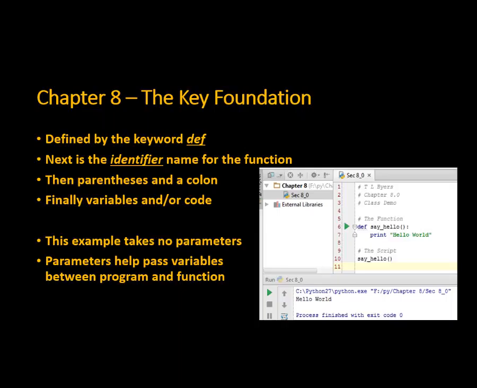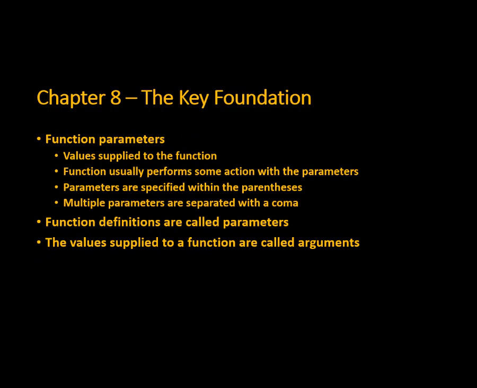So when we want to pass information back and forth, we'll actually assign variables between those parentheses. Let's see, function parameters. This is pretty simple. They're the values that are going to be supplied to the function. Well, that makes sense. The function usually performs some action with those parameters. By the way, they can be a character string, they can be a set of integers, or they can be float values. You can pass anything that your function needs through that